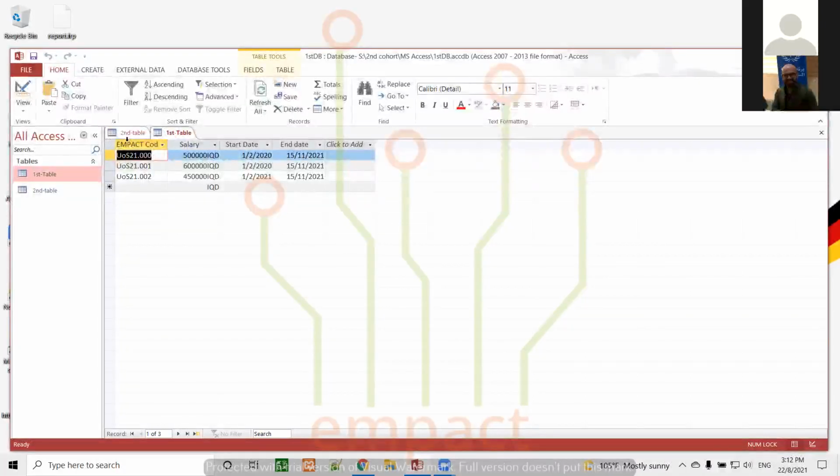But at the same time, they have to know which sort of relation they have to use and what are the